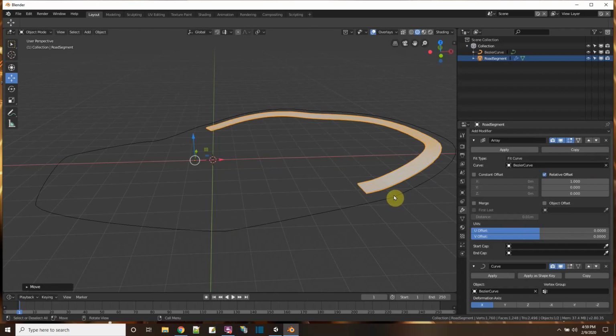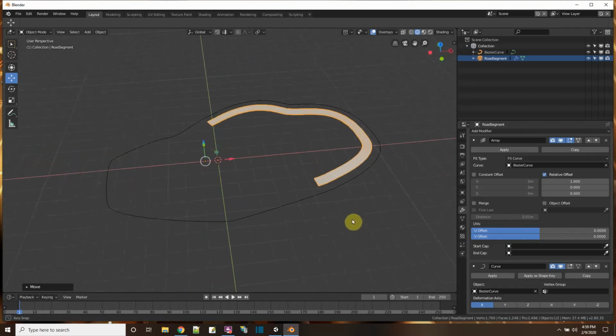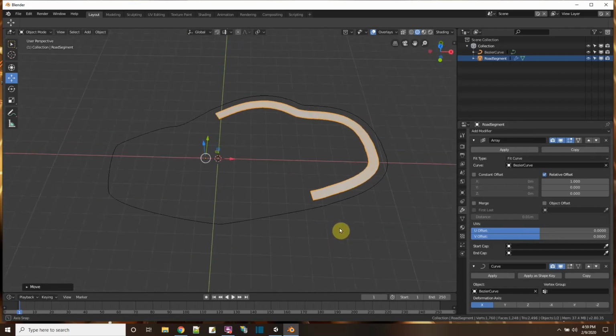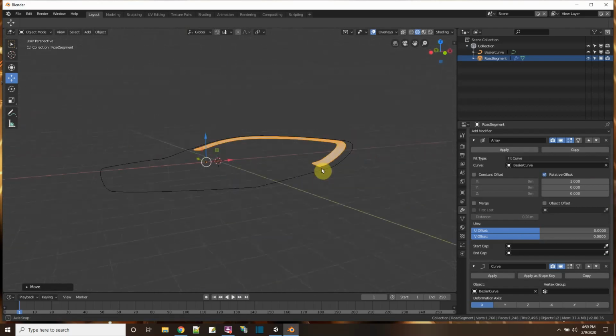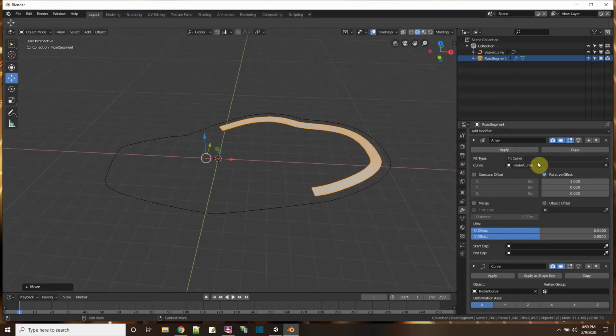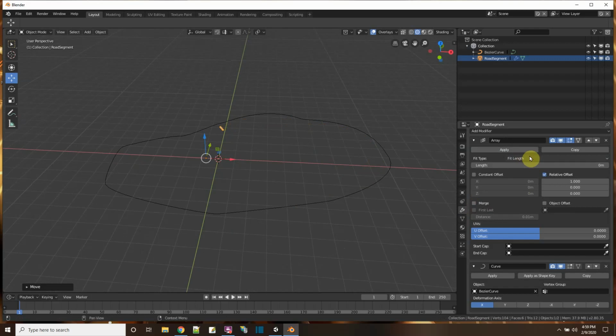And why didn't it go all the way around? I'm not sure. It only went halfway around. It's okay. Let's see what other options I have here. Merge? No. First? No. All right, if that doesn't work, I could use fit the length. And the length,